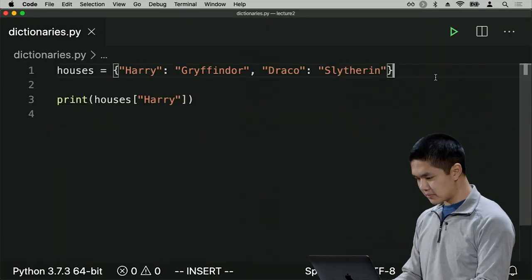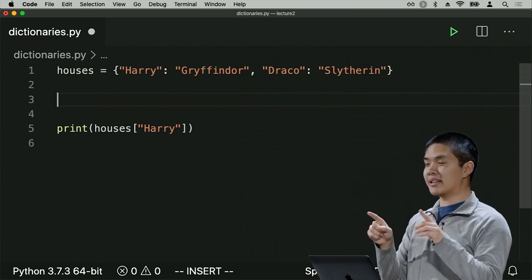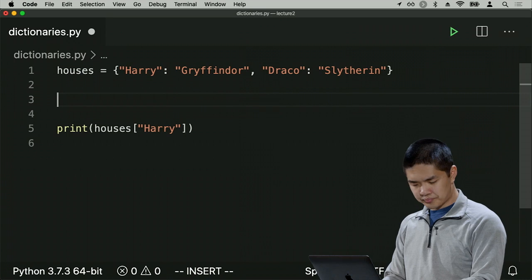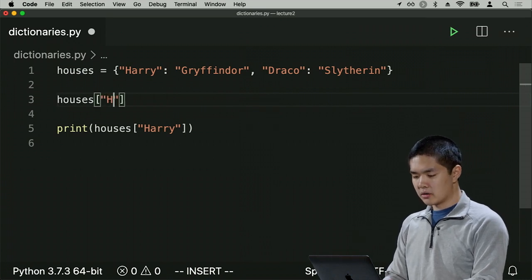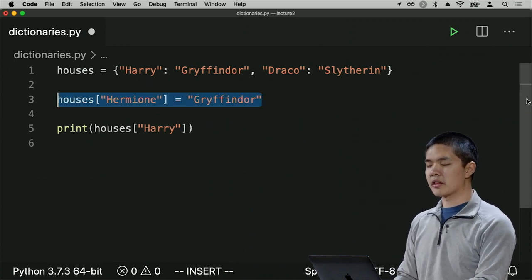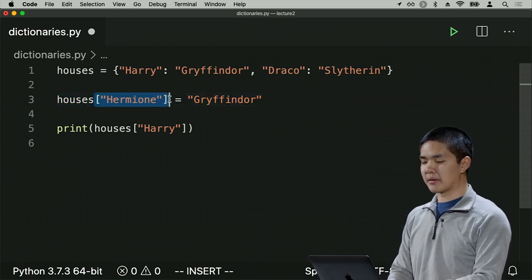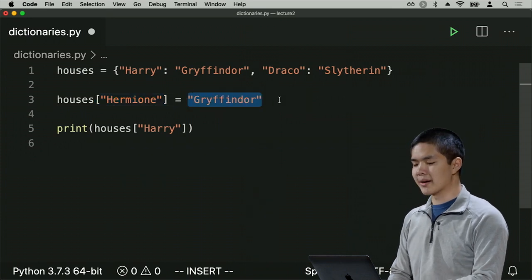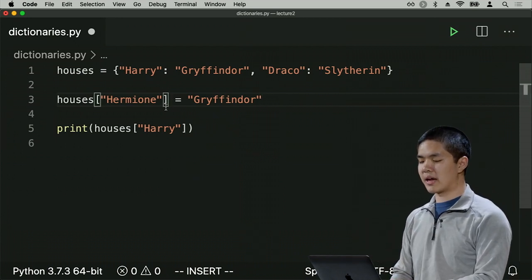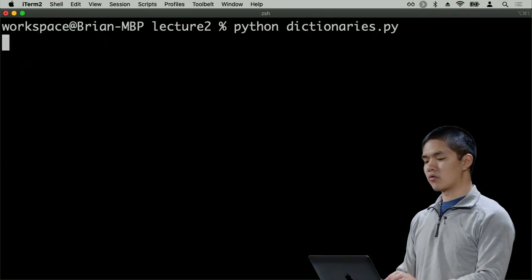We can add things to this dictionary as well, using the same syntax, in the same way that I use square brackets to access the value inside of a dictionary. If I want to change the value in a dictionary or add something new to it, I could say houses and Hermione, and say that Hermione is also in Gryffindor, for example. And so this line of code here says, take the houses dictionary and look up Hermione in the houses dictionary. And when you do, that should be set equal to this value here, Gryffindor. So we took that value, and we are going to assign it to Hermione inside of the dictionary, such that now if we wanted to, we could print out Hermione's house as well, run the program, and see that Hermione